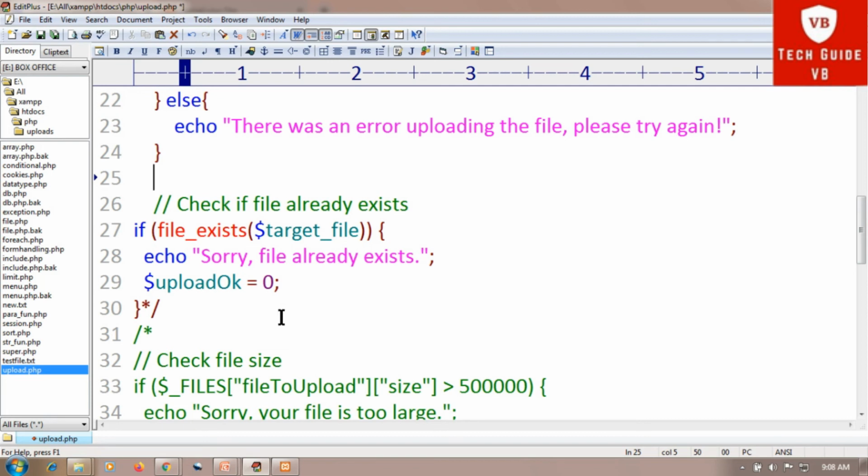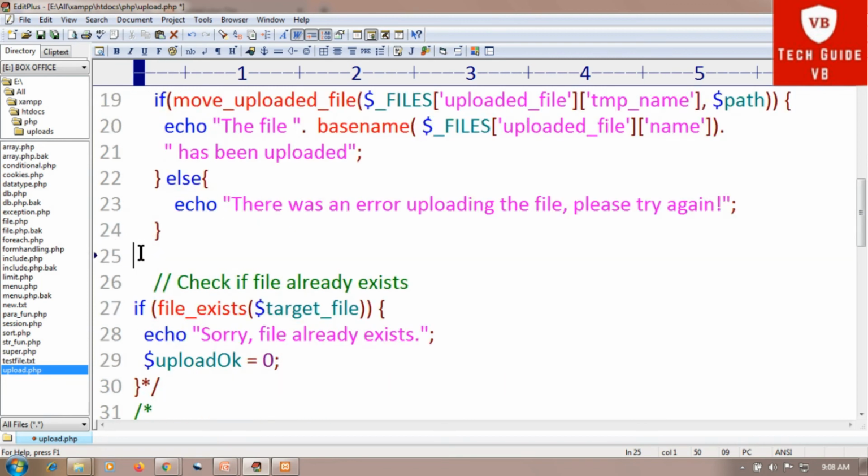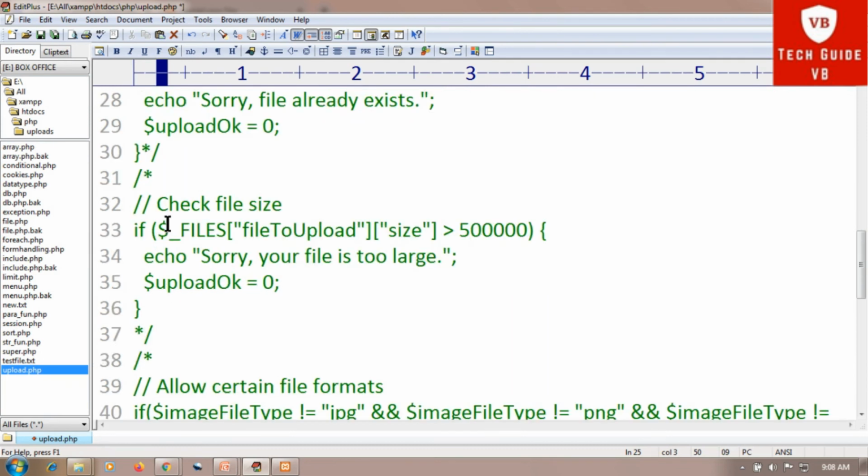Then the next thing is limit the file size. We can limit the file size also. For limiting the file size, the code is here, checking the file size. So if $_FILES["fileToUpload"]["size"] is greater than 500 KB, then the file will not be uploaded.